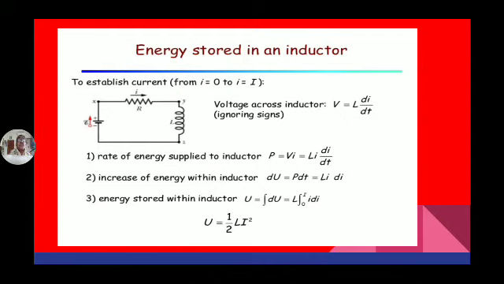Where L is the inductance of the inductor and I is the current passing through the inductor. L depends on what factors? L is equal to N phi by I, where N is the number of turns. It means if an inductor has more number of turns and more current is passing, the maximum energy can be stored. If it has fewer turns and less current, minimum energy is stored in the inductor. So the energy stored in an inductor is equal to half L I square.